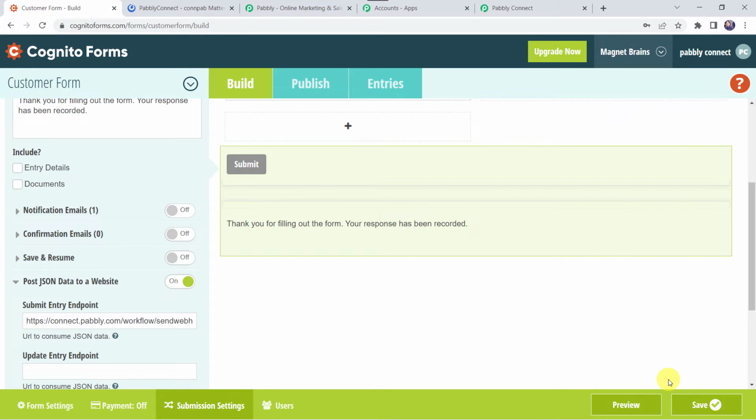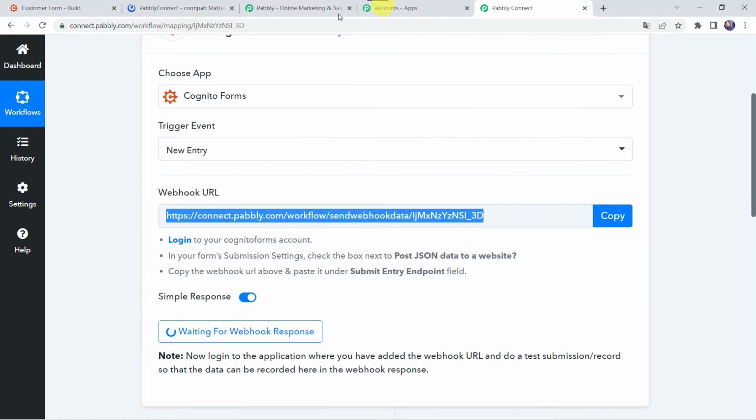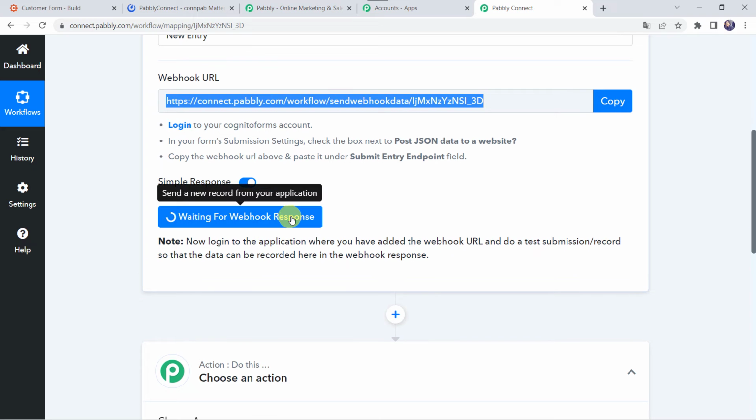Okay, and the webhook is saved on this particular form, that is customer form. Now using this particular webhook URL, we have created an integration between customer form and Pabbly Connect. So next time whenever any of your customers is going to fill this form, automatically his details will be captured in Pabbly Connect. Let's move to Pabbly Connect and here we can see that it is waiting for the webhook